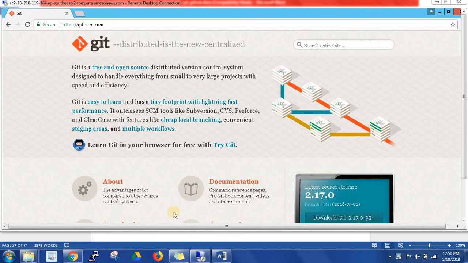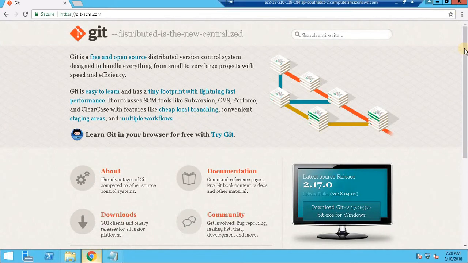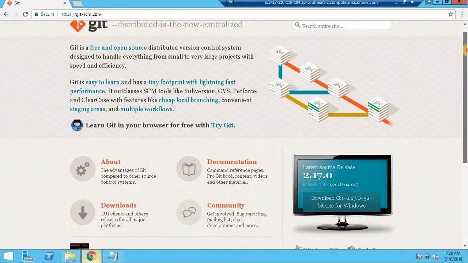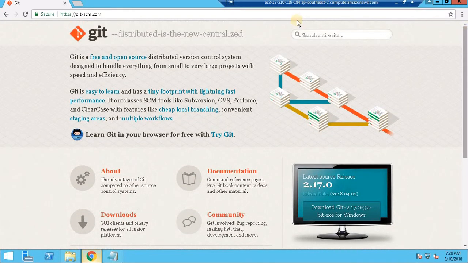Hi, let's see how to install Git in this video. Okay, so to install Git, we just browse